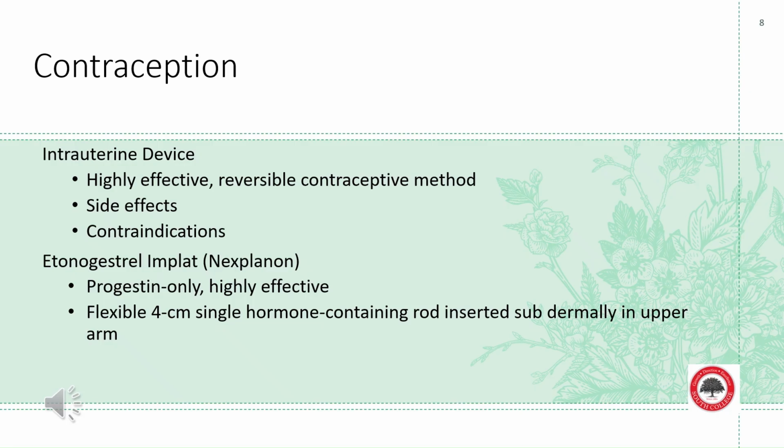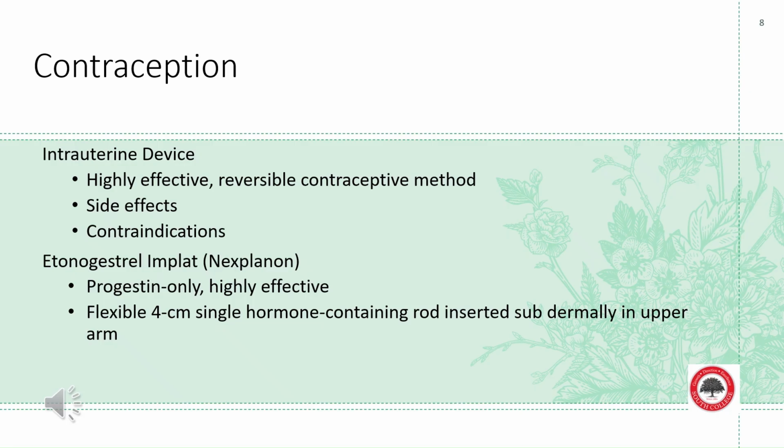However, an IUD is not an abortion, and contrary to previous thought, nulliparity is not a contraindication to IUD use. In the past, they thought, well, if you've never had a pregnancy, then you shouldn't have one. There are several types of IUDs on the market, and some have hormones and some don't. As far as the